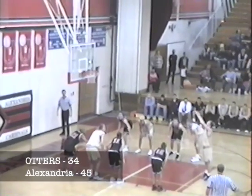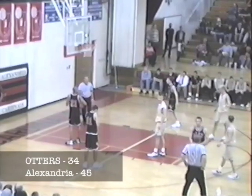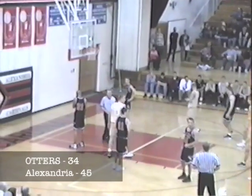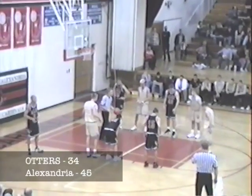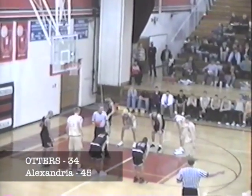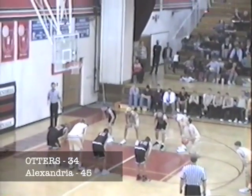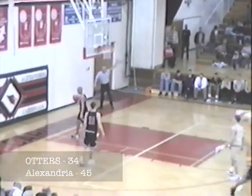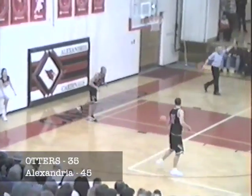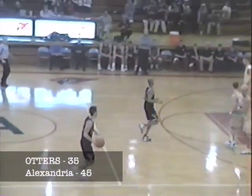Second free throw by Erickson is up, and this one is no good. Newby gets the rebound. And on the rebound, we get a lane violation called on the Cardinals. I think Eddie Wright jumped in a little early. No, they're saying Newby jumped in too soon. Oh, Newby? Okay. So the violation gives it another shot at it. And this one is good. And it's 45-35 in favor of the Cardinals as the Cardinals come up floor with 2:50 to go in the